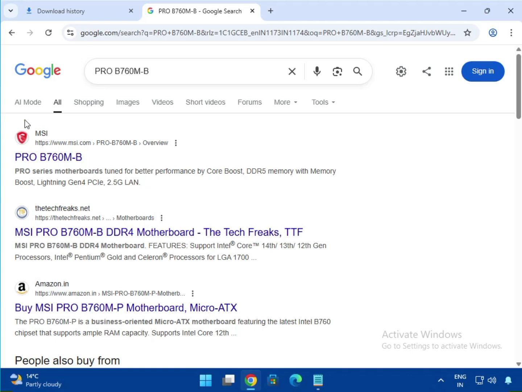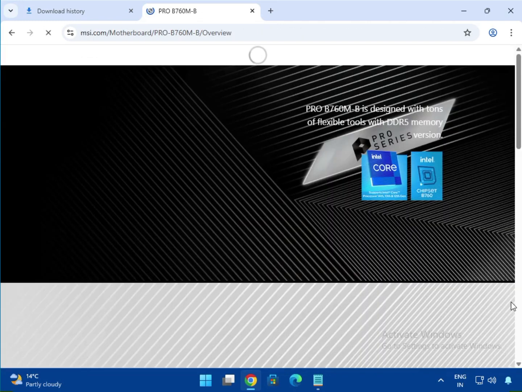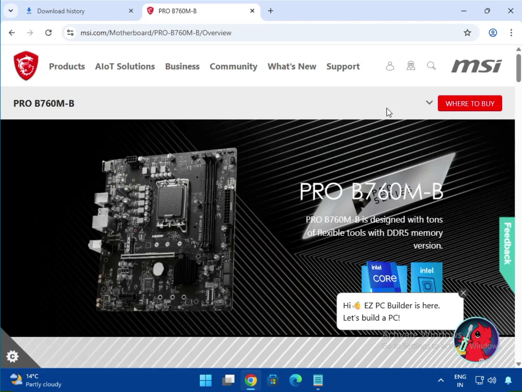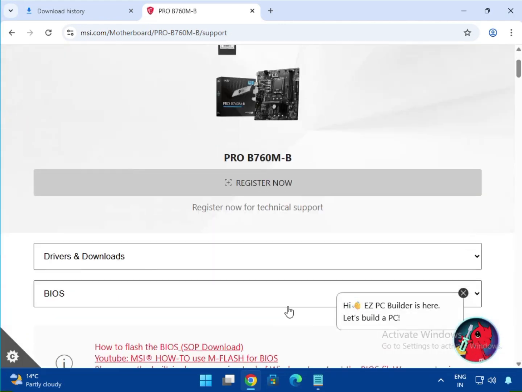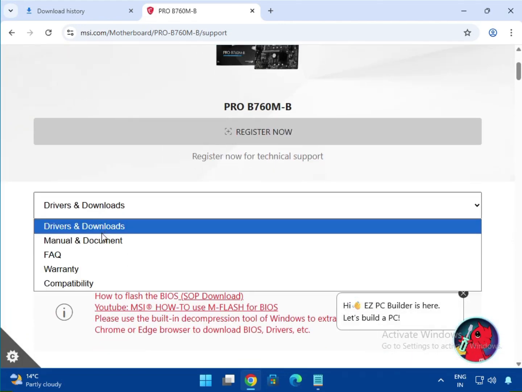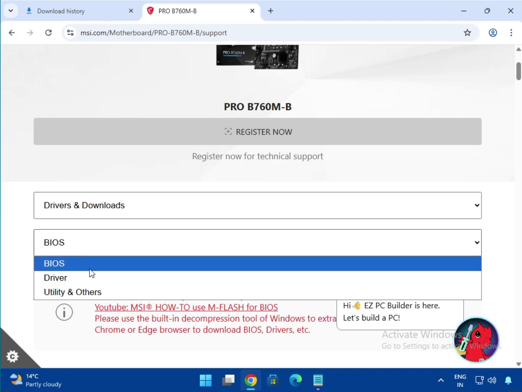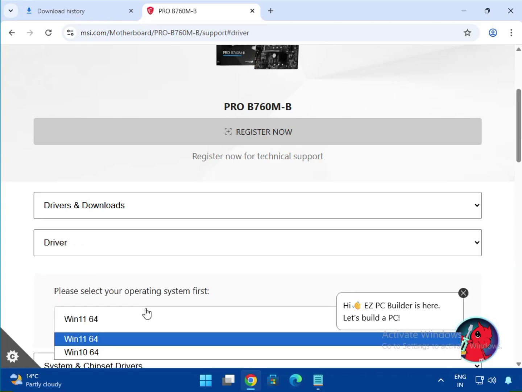So enter the model number in the Google search box. First link, msi.com, just click on it. Then click on support. Scroll down, select the driver and download, and click to BIOS, select the driver, then select the operating system, Windows